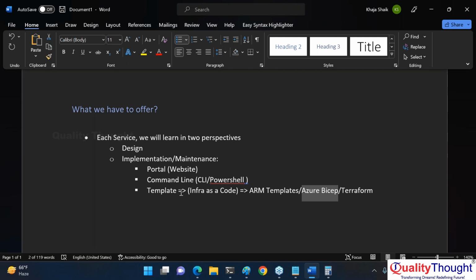From your bank, whatever message you have received, do you think the bank manager has personally composed it for you? No. They have a template, and they run the template across all the customers, values get replaced and mails get sent. Now think of it in the same way for creating infrastructure. You have to deploy the same infrastructure in multiple environments. Then we write the template. According to your environment, some values get changed, and infrastructure gets created. So creating that kind of reusable templates is what this is about. Are we clear on this, sir?